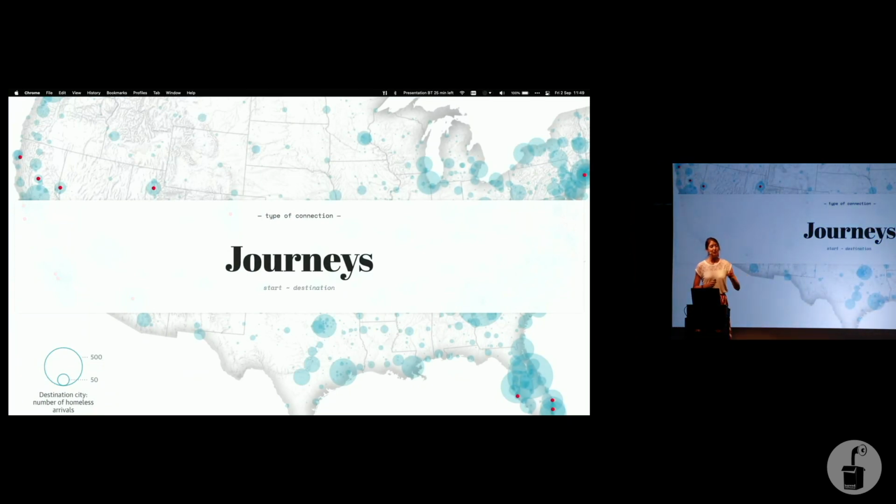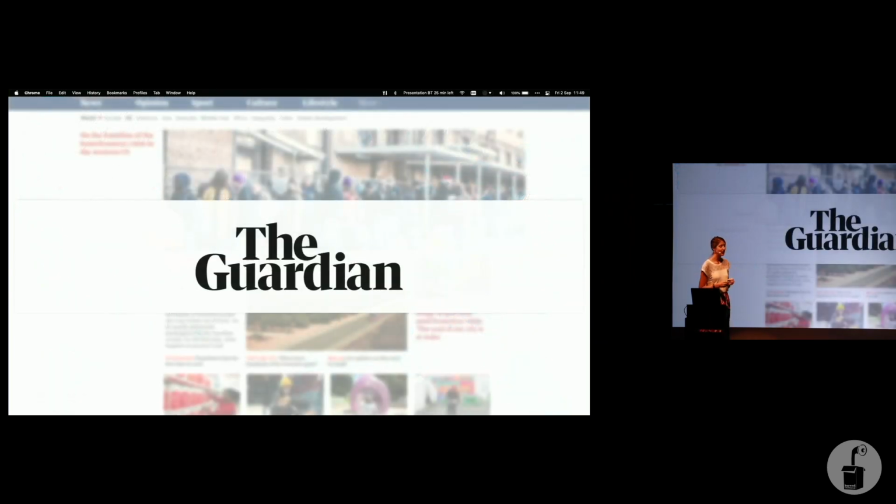So I was introduced to the Guardian US by a mutual friend. Through the Gates Foundation, they have an entire section on their website focusing on homelessness in America. And for a flagship piece, they had been gathering data about bus tickets being given out to homeless people to move away from cities and shelters for over a year. And they were looking for someone to bring the insights from that data to life through visuals. And because I knew that was too big for me alone, I asked Shirley Wu from the Data Sketches collaboration